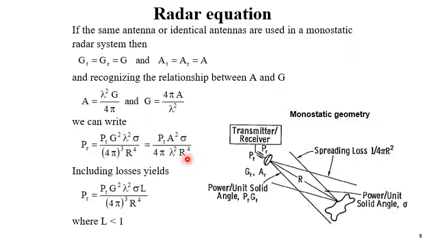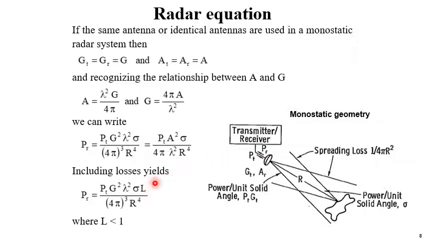Now if we want to include some losses, because the transmitter is electronic equipment, and this one is radar. During this path, and even here, we have a number of losses, and that loss actually reduces the received power. So whatever we calculate for PR, we will actually receive slightly less power if we don't consider the loss associated with various components.